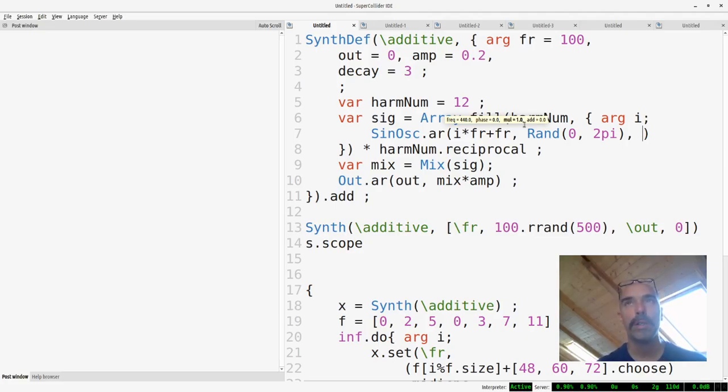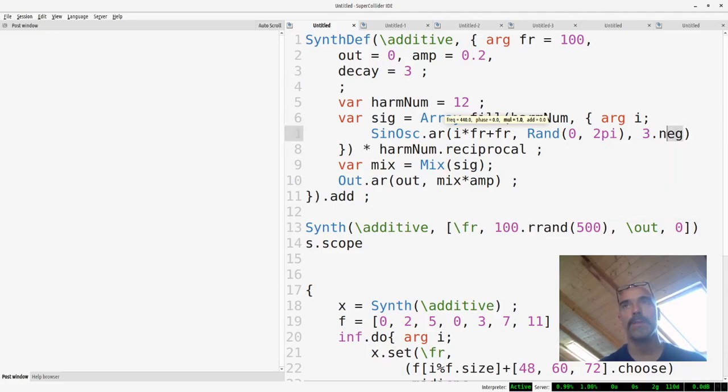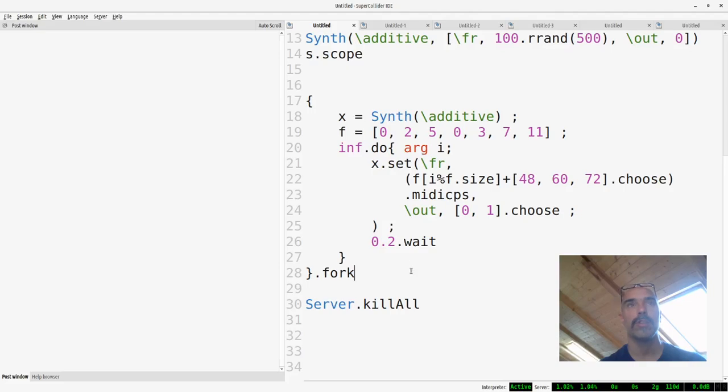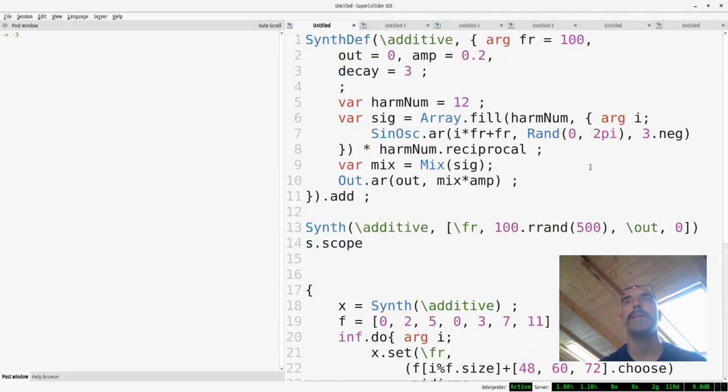The point is that we need to have 3 neg. Why? Because 3 neg means minus 3. If you want to check, you can check it like this, 3 neg, and you get minus 3. So you have minus 3 that should be